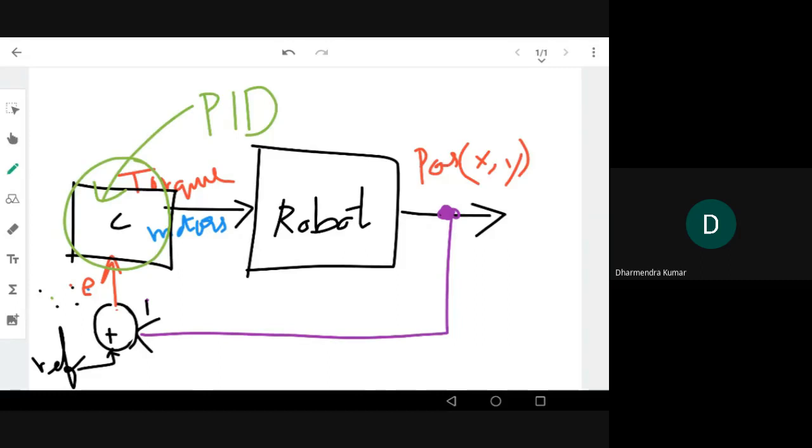So we have three examples. What are the three examples? One is your water level controller tank, where the input to the plant, the water tank system, is your water flow, or mass of water, or volume of water. Here we are taking m dot. That is the mass of water getting inside the tank per second, or the mass of water getting outside the tank per second. That is one example. And your output is your level of water, the height of water your tank has. So we have seen the input and output can be different quantities.